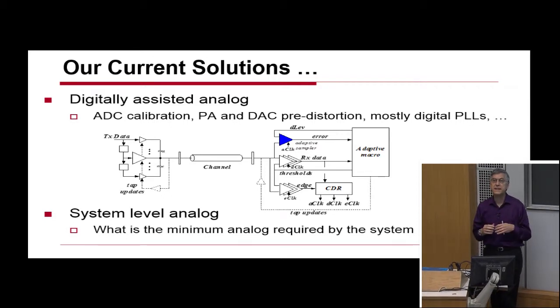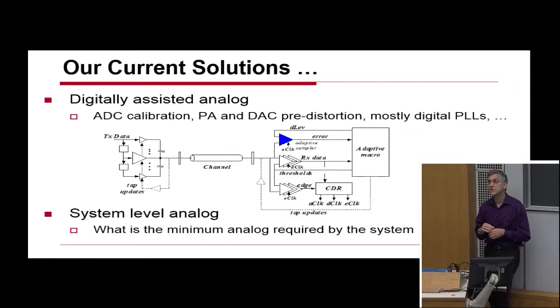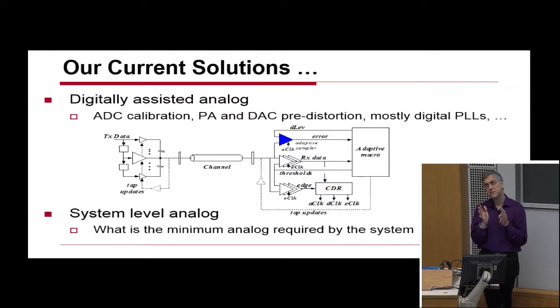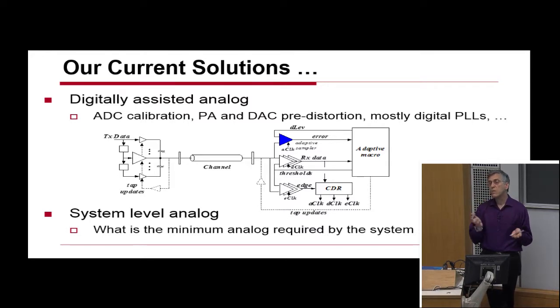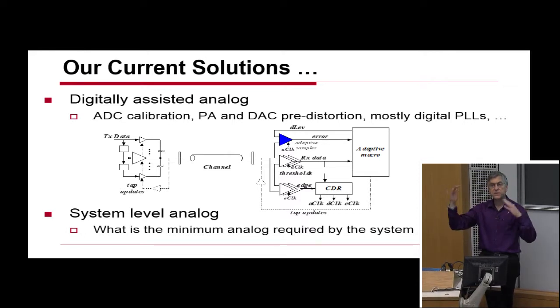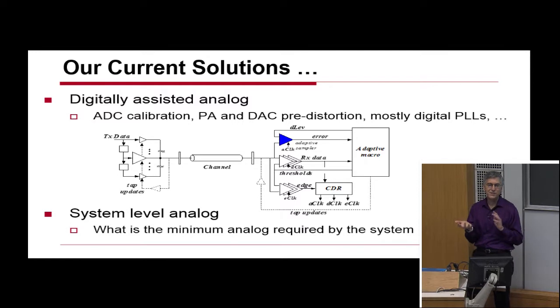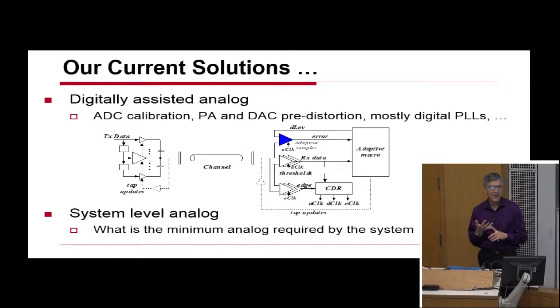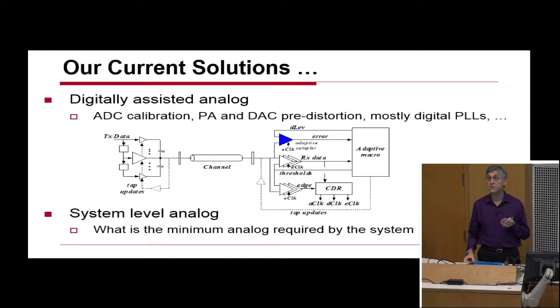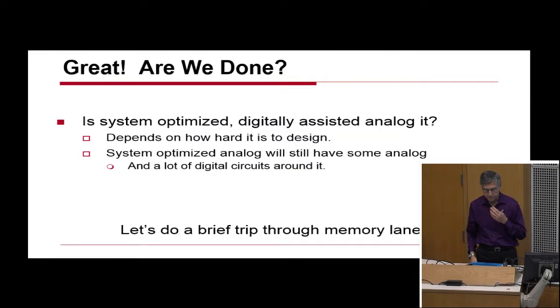This has led to a rethinking of what you need to do in an analog circuit rather than building an ADC converter that is extremely precise or extremely accurate. We can then do something that has the resolution we need, even though it may have some nonlinearities, and use system properties to basically back correct that converter to get the data that we need. This is called digitally assisted analog or system-directed analog. And almost any analog system you see today, that's what they do.